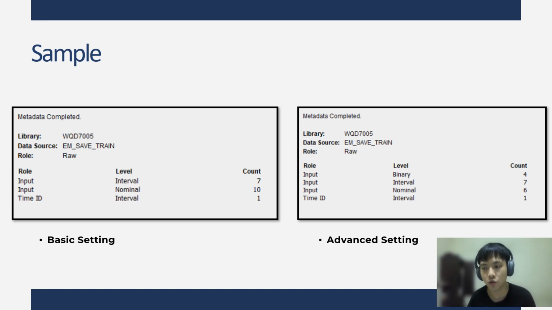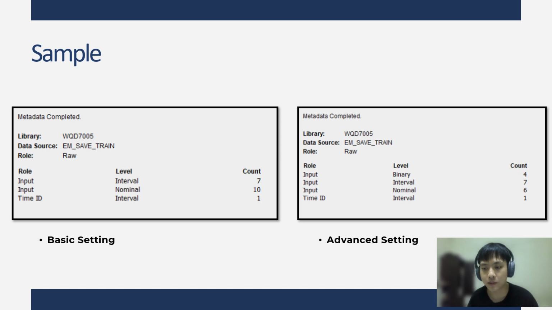To address this issue, we are using the advanced setting, which allows us to redefine the data types as binary, interval, and nominal. In the advanced setting, the system also automatically identifies the role of a variable as an input or time ID. Although most of our metadata setting was correct, there are still some errors where the data type did not accurately reflect the dataset.